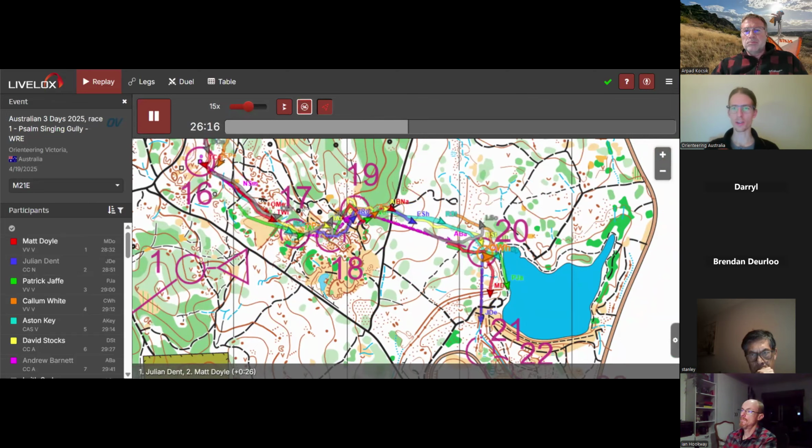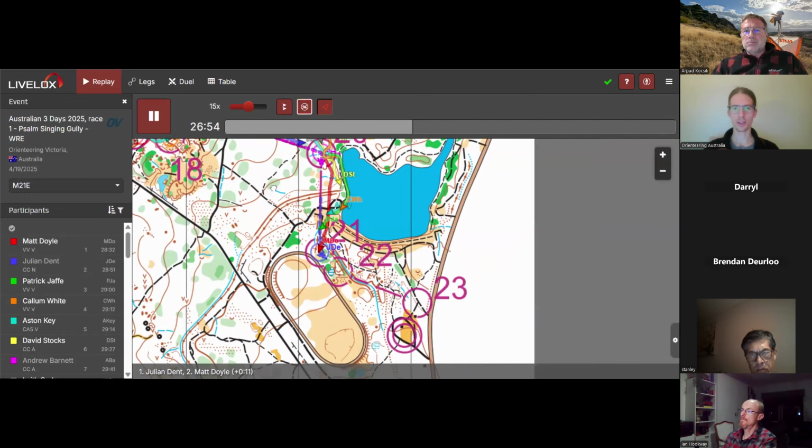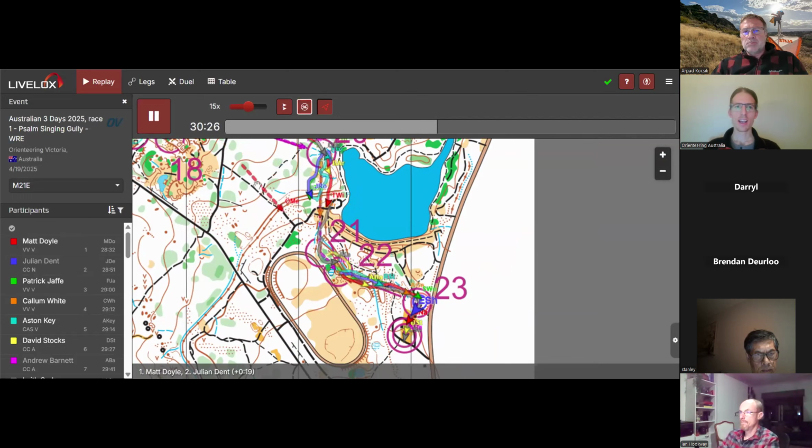If you hit that control accurately, it gave you a good chance to finish the rest of the race in a bit of a sprint. And so Matt ended up catching Julian and ended up coming in the lead there. And then everyone else comes in.